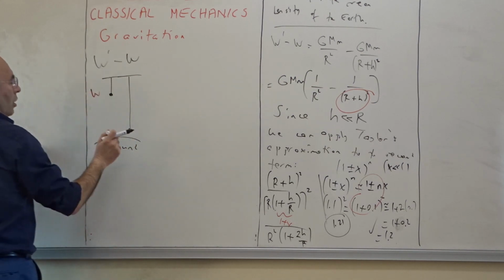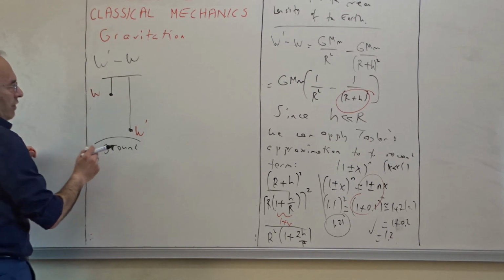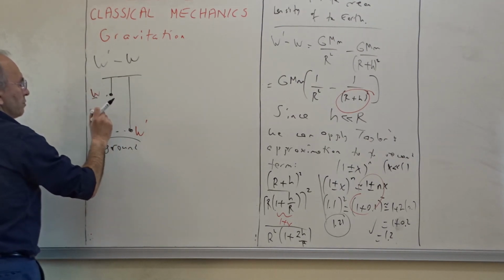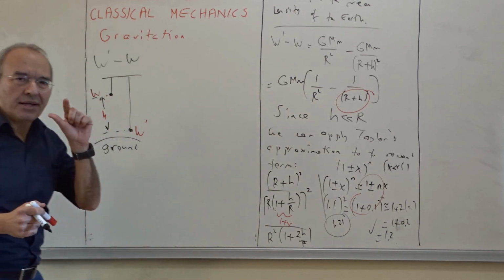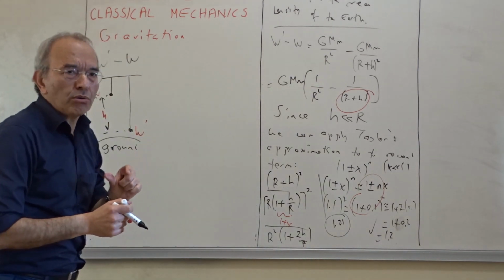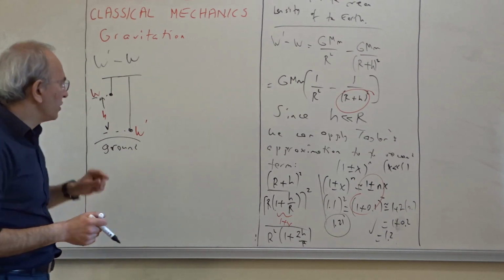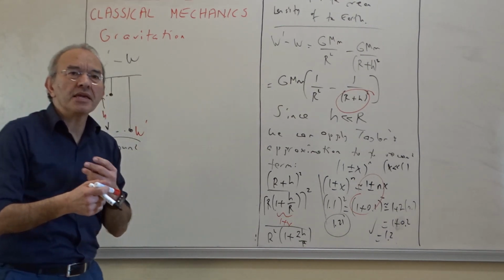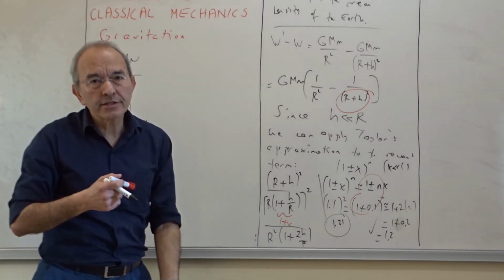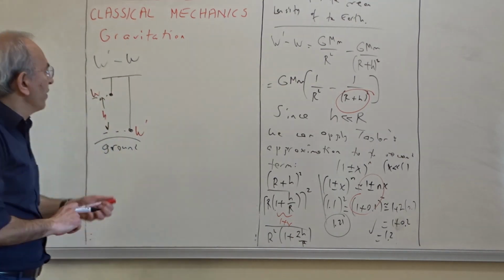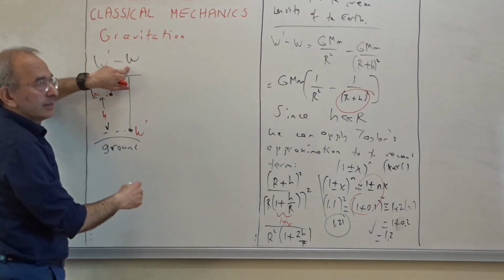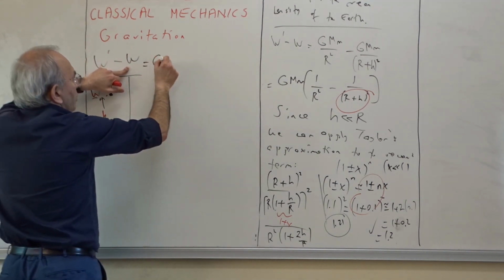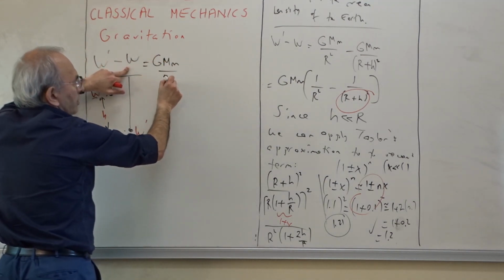And w and w prime are the values, and the distance between them is, let's say, h. And you approximate the small difference in the weights of these objects because of being at different distances from the center of the earth. So w prime minus w, we continue from this last sentence, we have GMm over